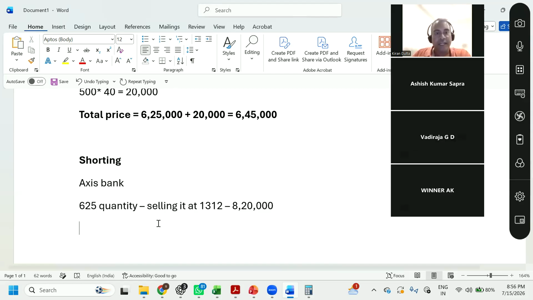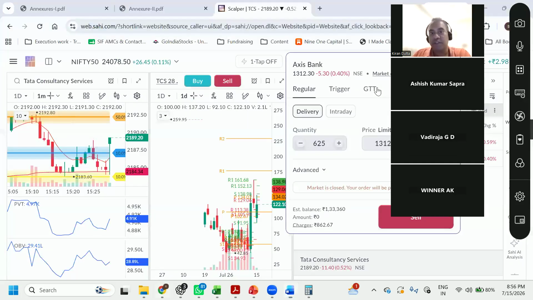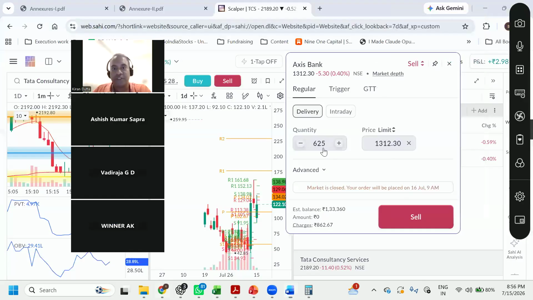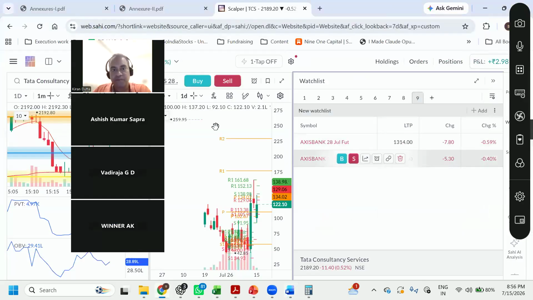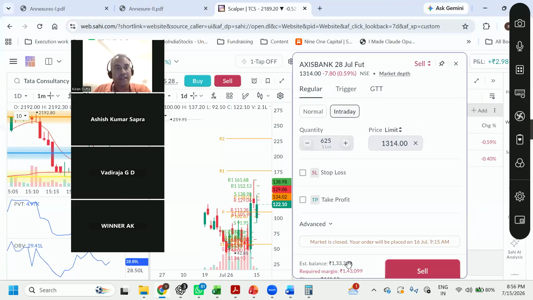Okay. Selling it at 1312, we have to sell, sorry, how much will we get? 8,20,000. Okay. Now let's look into the options here. If I am selling at 625, what is the margin that I have to sell it out? Only 1,43,099. Everyone with me, right? I'm also creating a sell position here, which is what,